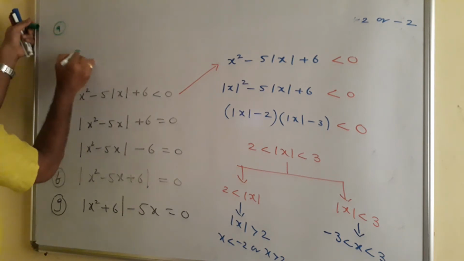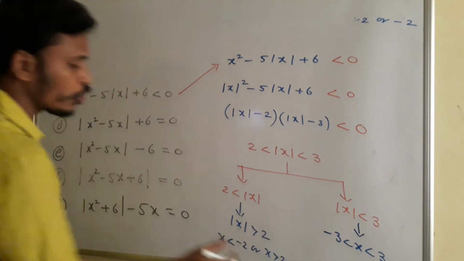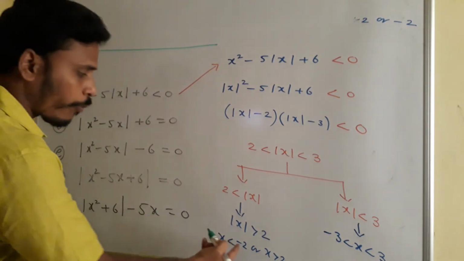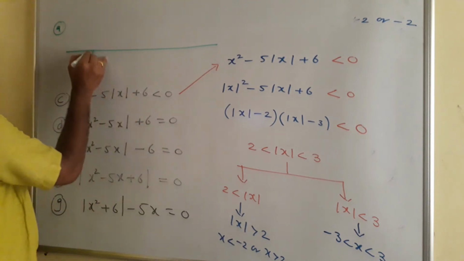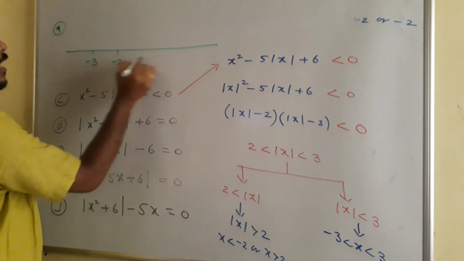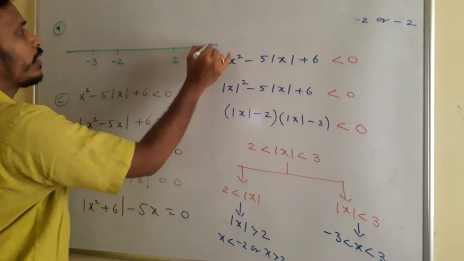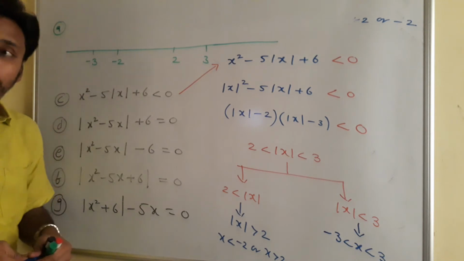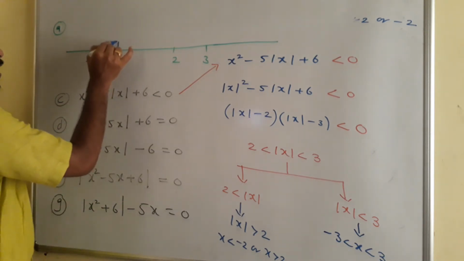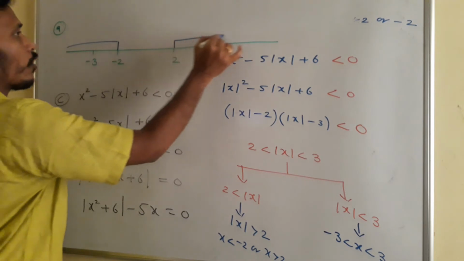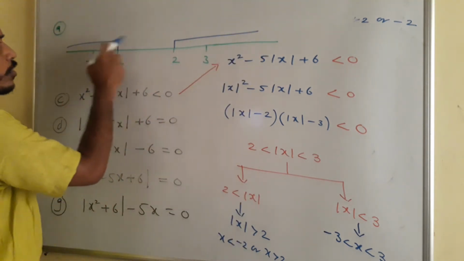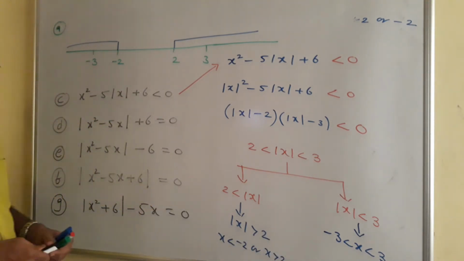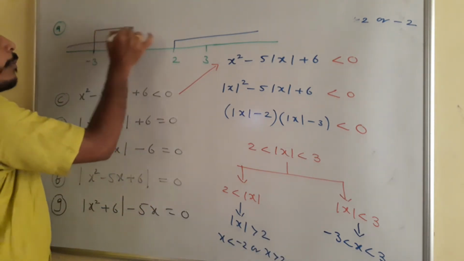For the final solution, you need to represent these two solutions on the number line. Already I mentioned the way of representing on the number line. The points here are minus 2, 2 and minus 3, 3. Somewhere I have minus 3 and then minus 2, then 2 and then 3. This is the number line. In one case, the values of x are less than minus 2 as well as greater than 2. Since it is one solution, represent them with the same height. And in the other case, the values of x are in between minus 3 and 3.